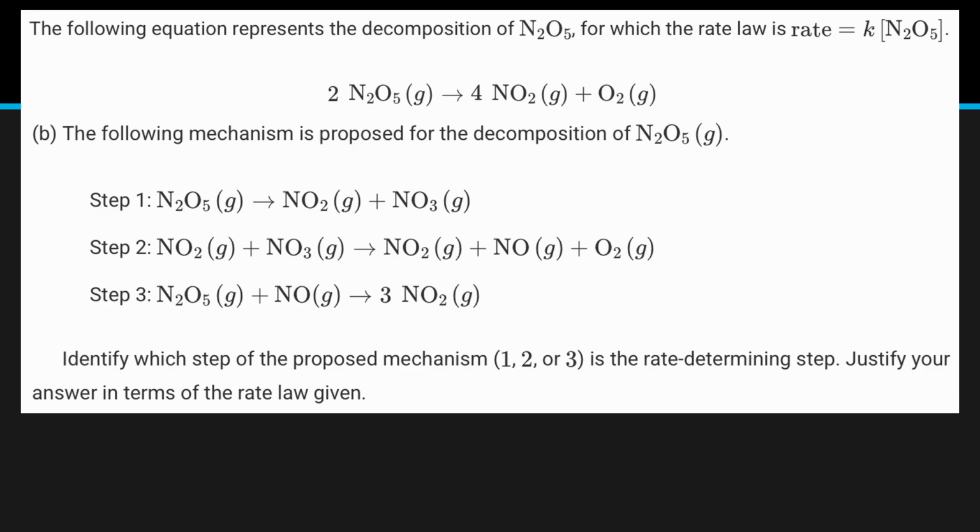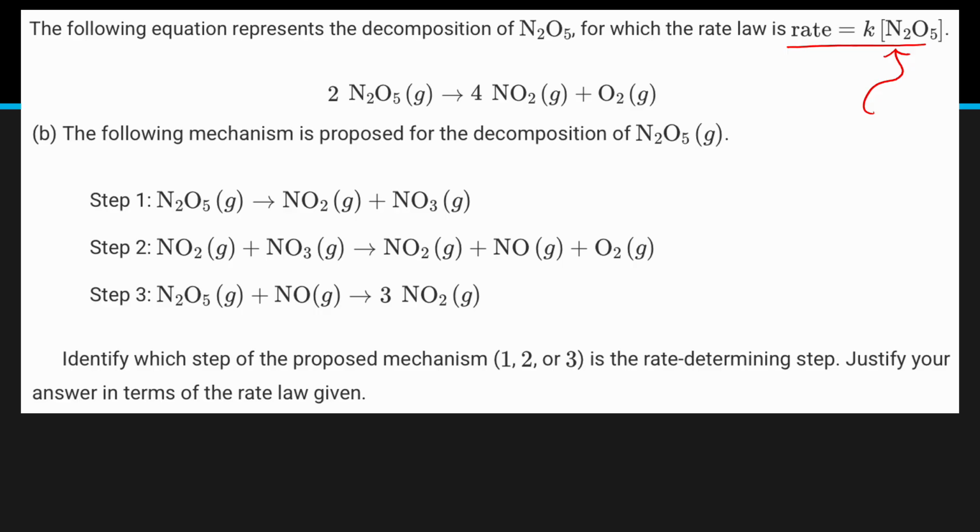All right, it says the following equation represents the decomposition of N2O5, for which the rate law is rate equals K times the concentration of N2O5. The following mechanism is proposed for the decomposition of N2O5. Identify which step of the proposed mechanism is the rate determining step and justify your answer in terms of the rate law given. So we know that this is our rate law up here,